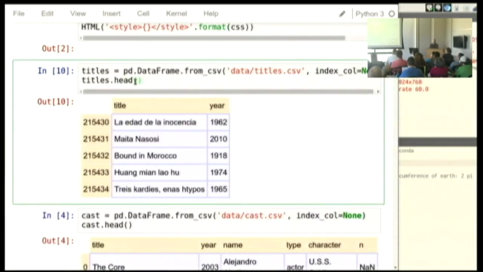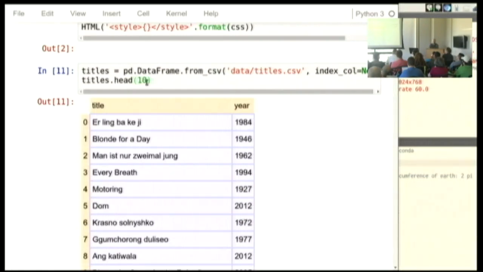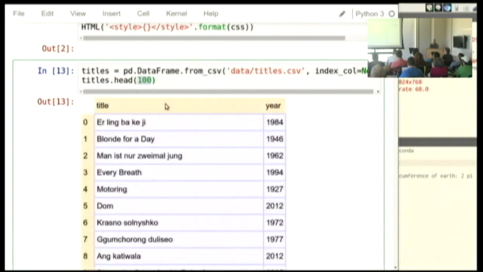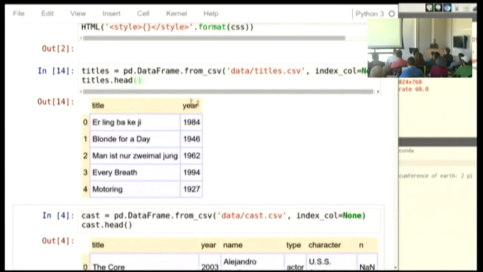And both of those take parameters that let you peek at a few or a lot of lines of data. But very often, as soon as I've loaded some data up, and you will see me do this over and over and over, I run head on it, just to remember the names of the columns, to get a feel for what's in the data set before I start trying to do operations on it.